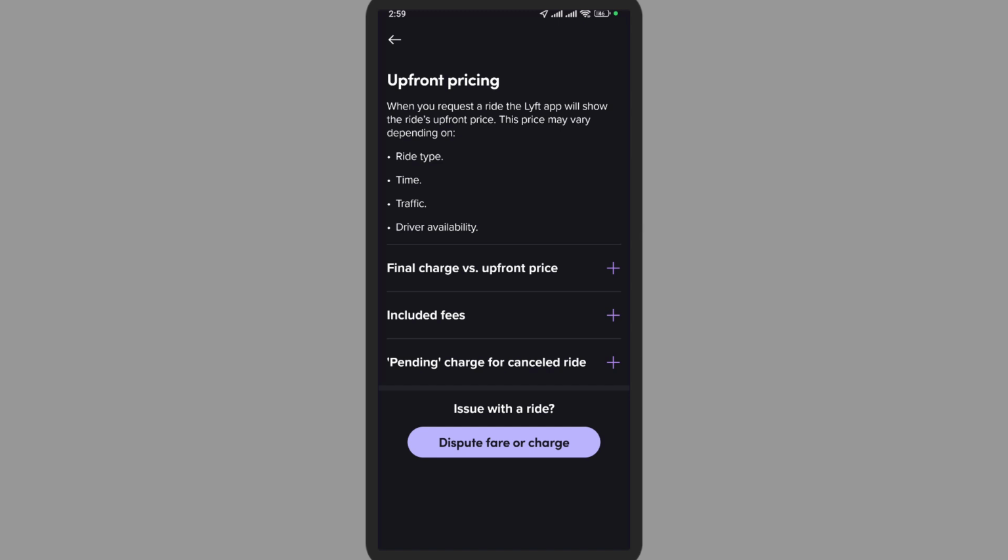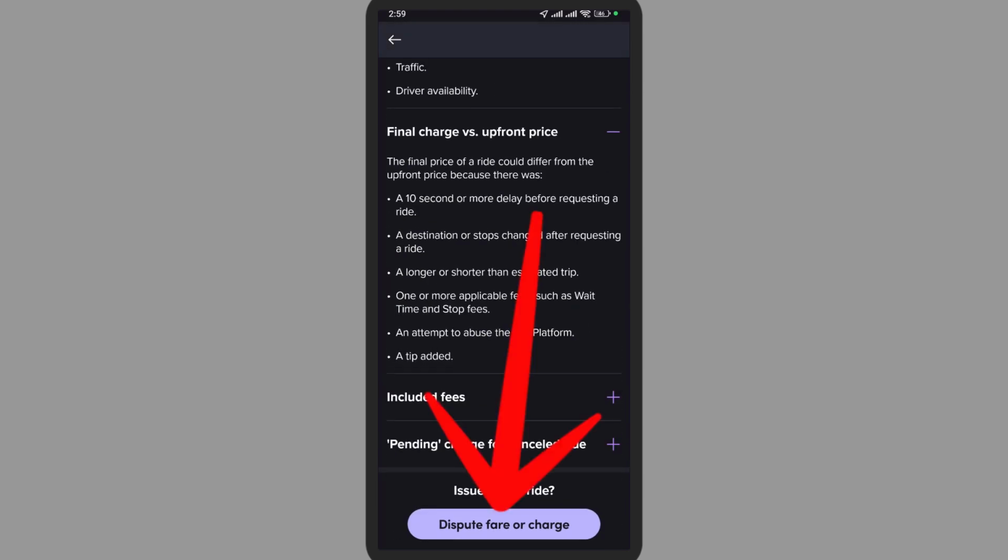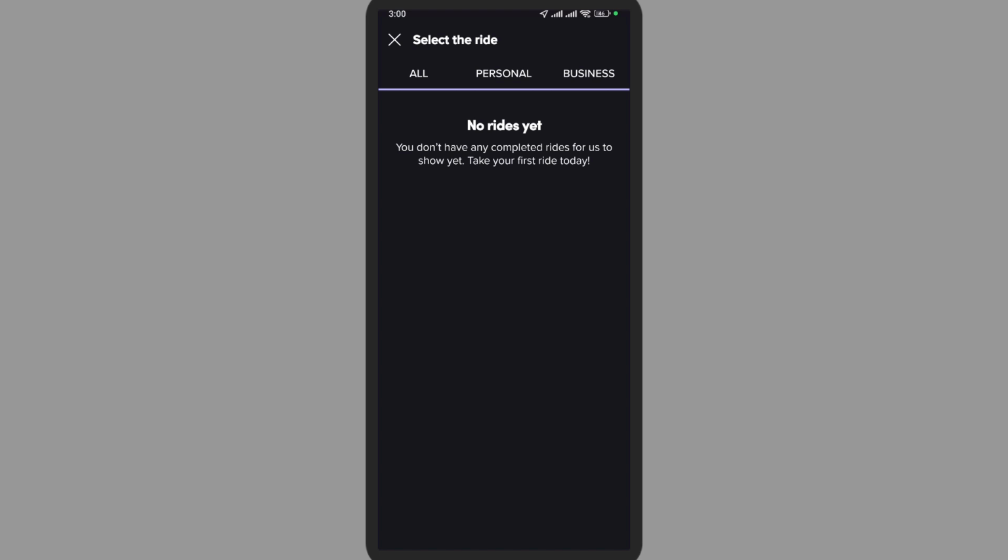Now here you can even write a feedback and select the one that you want to report about. So here simply tap on one and simply tap on dispute fare or charge. So this will directly send a report and later the feedback will